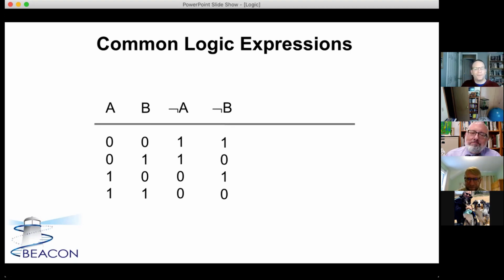All right, so our not B is going to be just the complete opposite of what's going on here with B. Now we've got a bunch of different things that we can figure out patterns for. With logic functions, we have a few basic rules that we go off of. So one of them, this particular symbol here, kind of looks like an A without the crossbar. This is going to be what we refer to as the AND symbol. So A and B logically is only going to be true if both A and B are true.